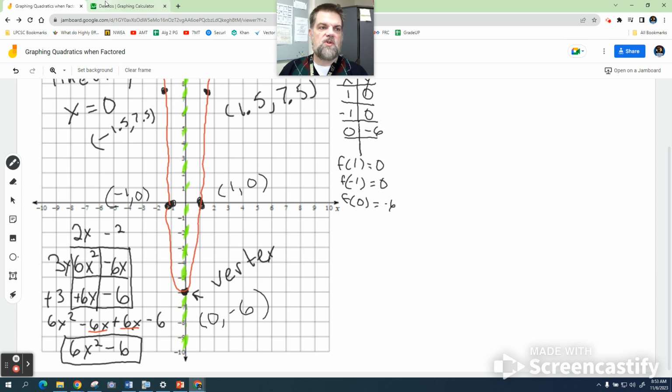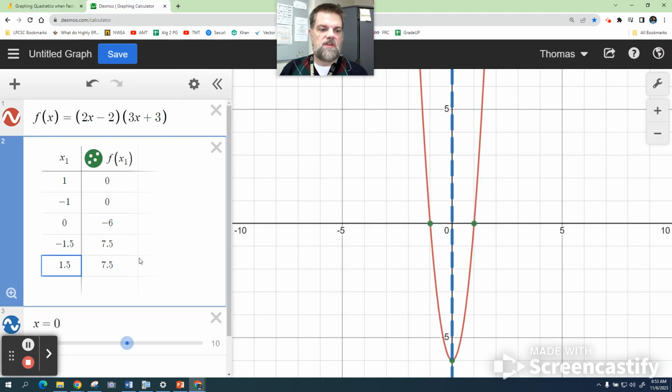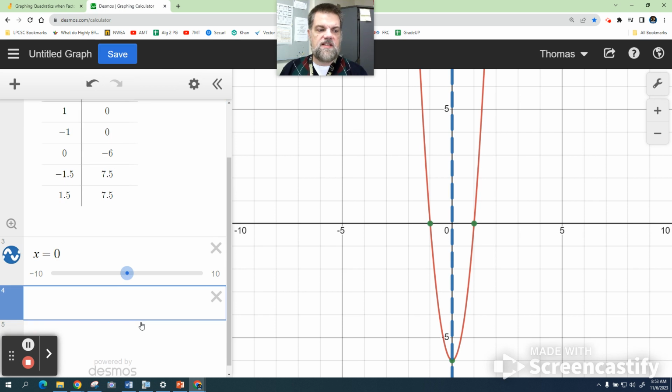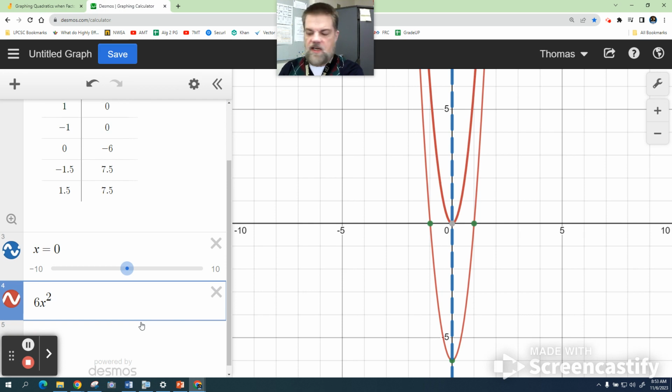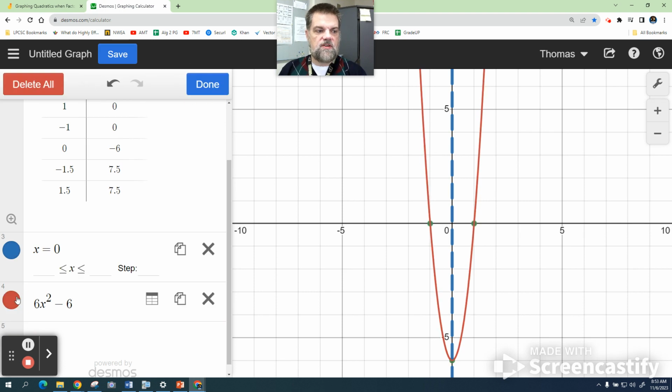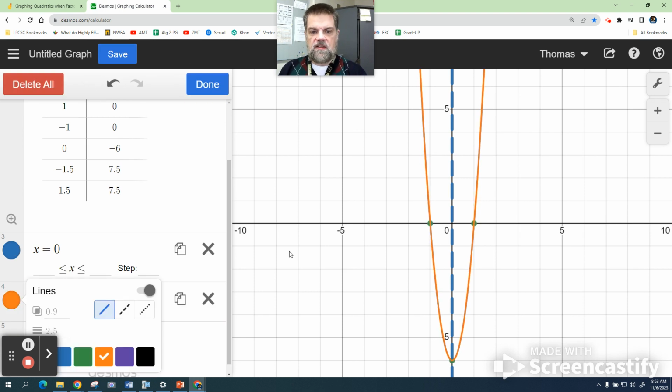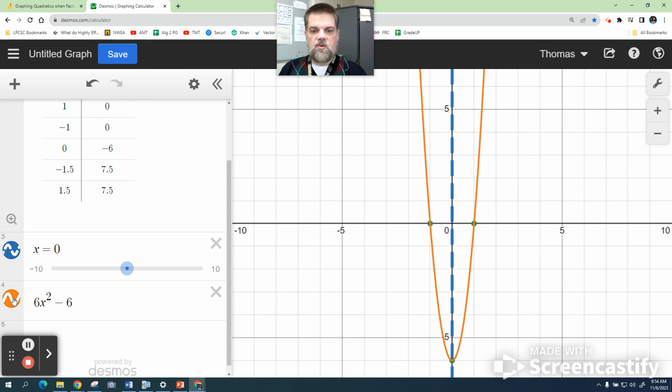Now, how can we verify that we multiplied that out correctly? Just plug it in decimals. So the last thing I want to do is I'm going to come down here and let's plug that in. We're going to say 6x squared minus 6. Hey, that goes right over the other one, doesn't it? Let me change the color so you guys can see that. See that? So when I turn that off,